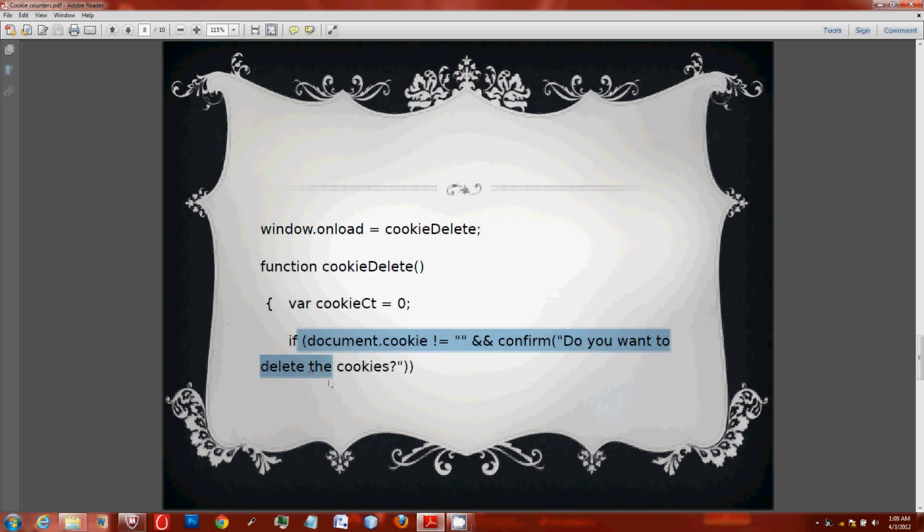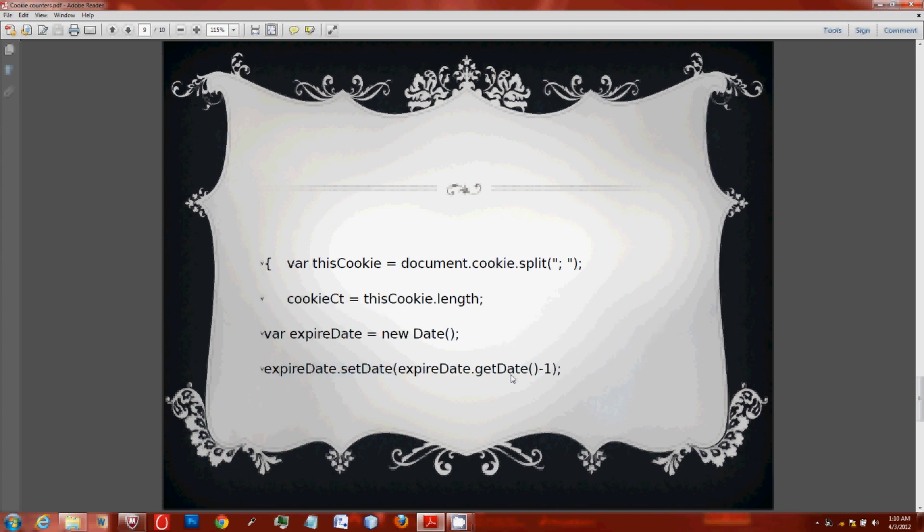First, we have to see whether a cookie exists or not, and this part does the work. And then we have to ask the user whether he really wants to delete the cookie, and this part does this work. Suppose the user says no, nothing will happen, and the JavaScript code won't be executed. And if we press yes, the following parts will be executed.